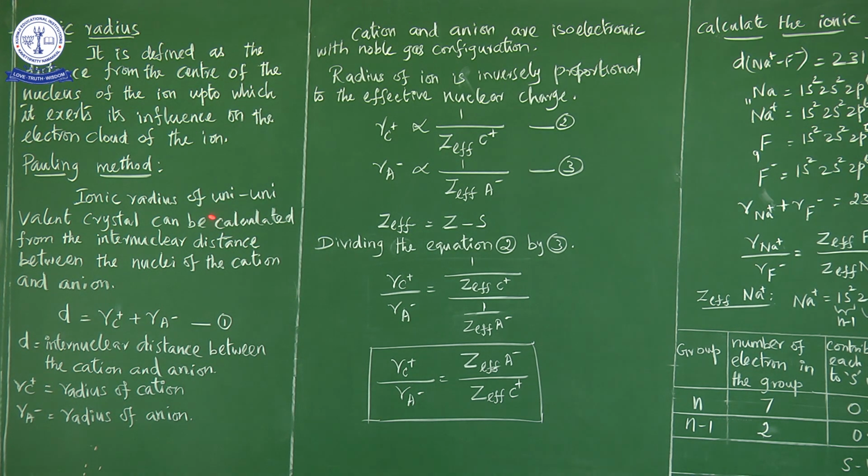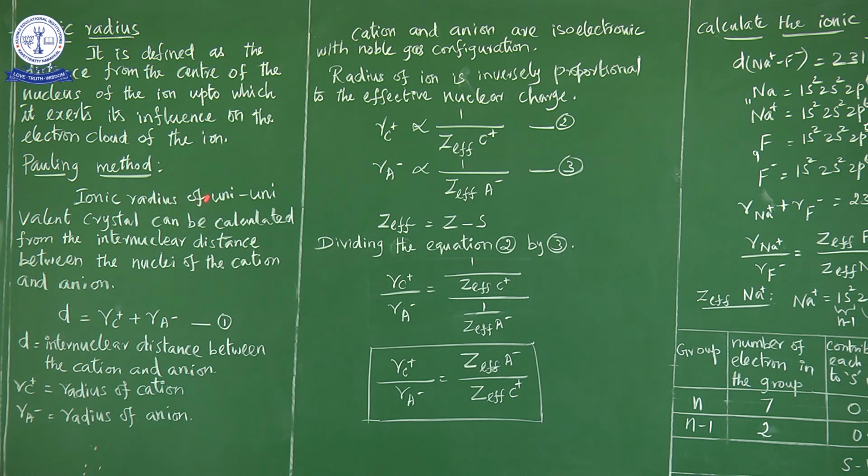Union and the single, but only one valency is present for sodium ion. And F minus means fluoride, which has only one negative charge, so univalent. Both the cation and anion have univalent charge. So what charge is present in both the cation and anion? Only one positive and one negative charge is present. Univalent means single, so the cation has a single valency and the anion also has a single valency.